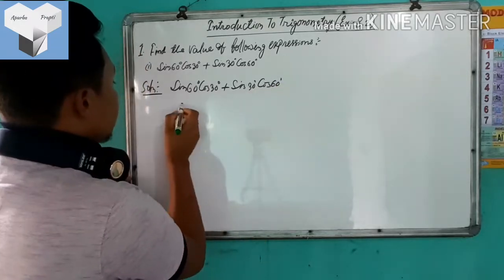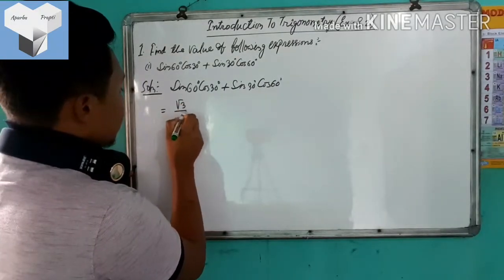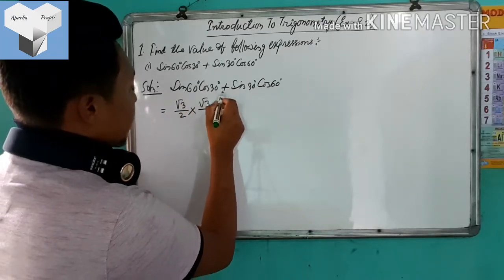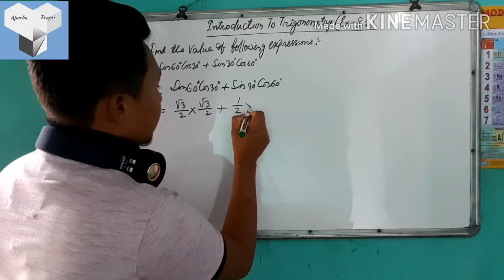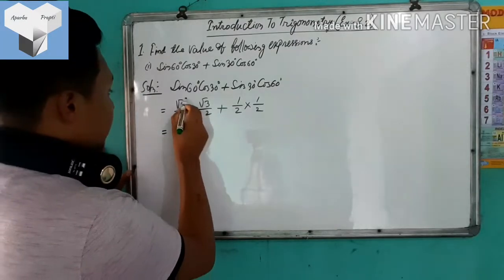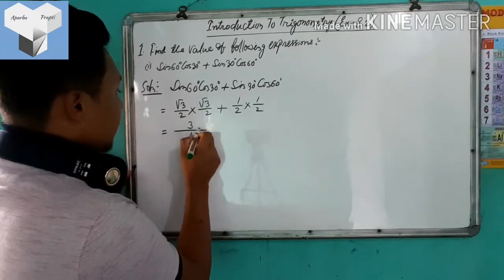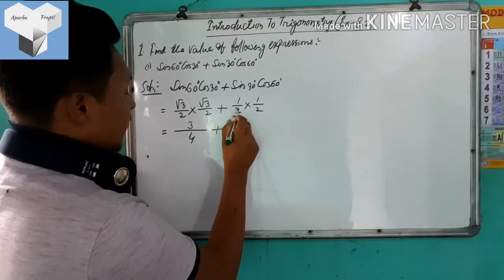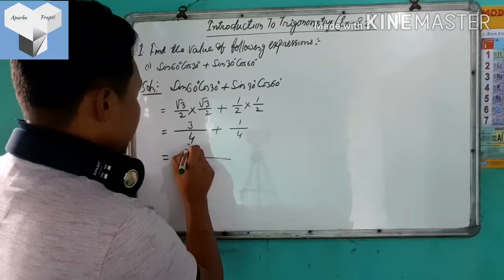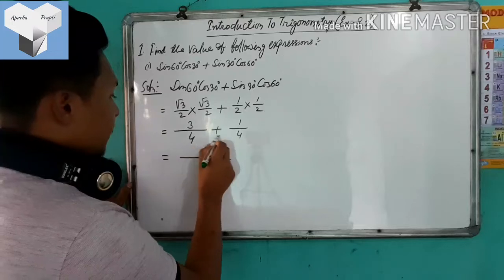We know that the value of sin 60 degrees is root 3 by 2, into cos 30 is root 3 by 2, plus will remain as plus, sin 30 degree is half into cos 60 degree is also half. So simply we need to multiply them in this way. 2 2s are 4, root 3 into root 3 will be 3, plus 2 2s are 4 and 1 into 1 is 1. Now we have to take the LCM from the denominator of these two expressions. That means the LCM of these two numbers will be 4.